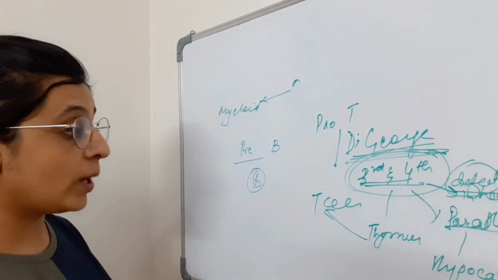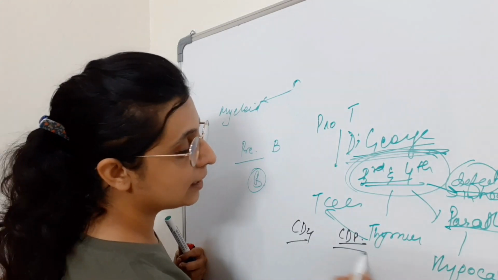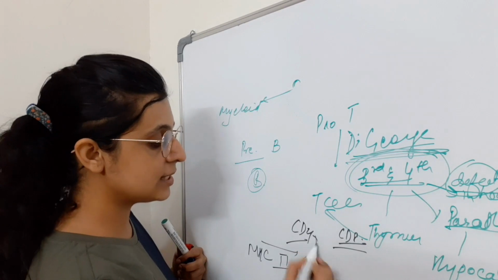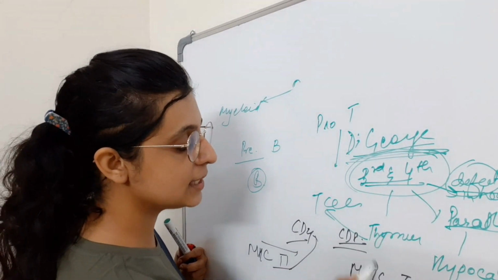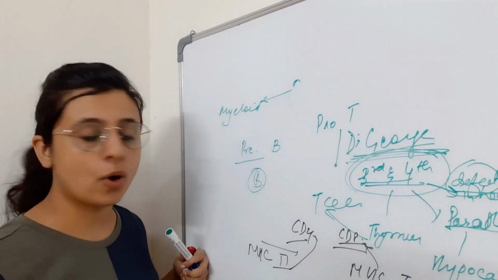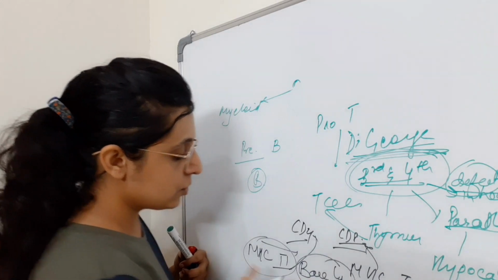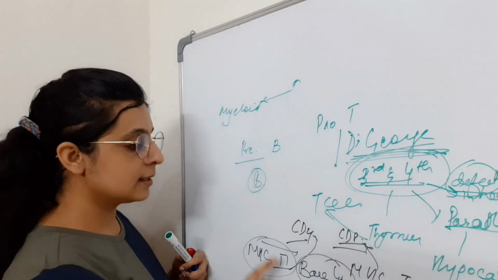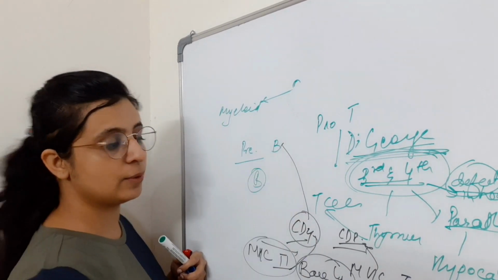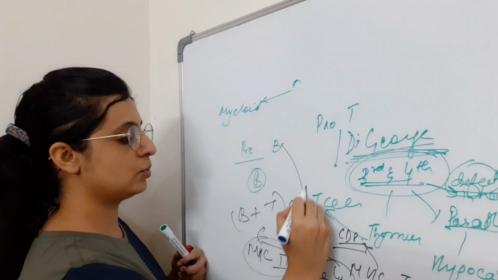Next, once the CD4 or CD8 T cells are developed, if there is any defect in the MHC complex, MHC2 for CD4 and MHC1 for CD8, there will in turn be a defect in the T cell response. So that is called bare lymphocyte syndrome. If MHC2 defect is there, CD4 defect will be there, because the CD4 cells are in turn required for B cell activation. Again, it becomes a combined B plus T cell immunodeficiency.